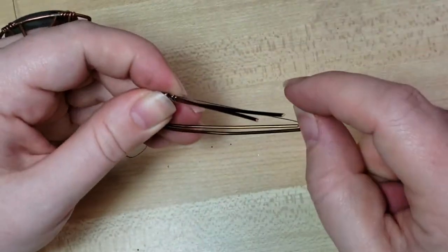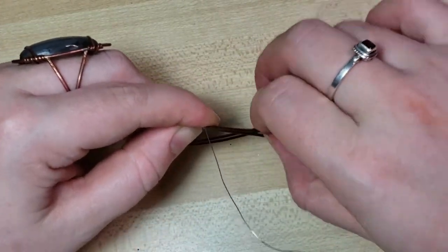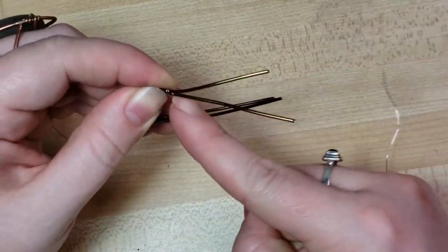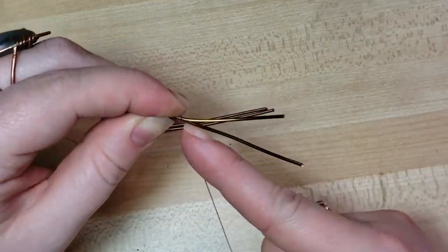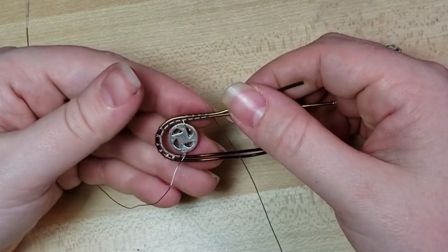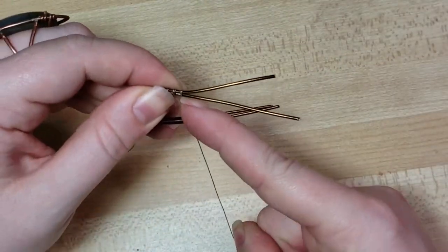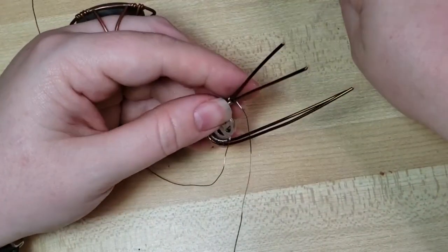1, 2. And again, things can get a little crossed and odd, but that's okay. There we go. 1, 2. Excellent. So now that we've gotten this far, I'm going to go ahead and